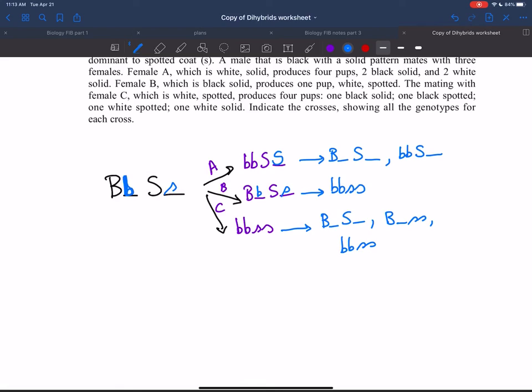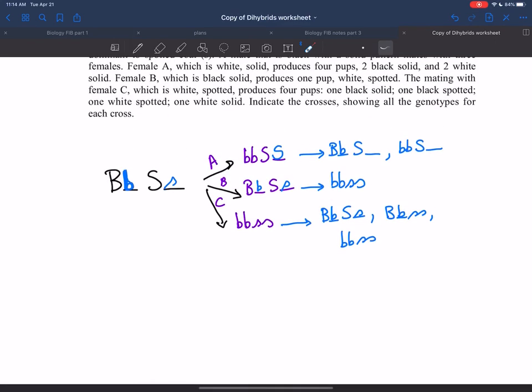Now this one, if mom has the big B, the little b, that's the only thing she can give the offspring. And so I'm going to put that. And the other one, I don't know, so I'm just going to leave it blank. And then here for this one as well, since mom has this and this, what I do know is they got that from mom. And so I can fill those out. The only ones I can't be sure about are these two. If you wanted to, you could make them homozygous or heterozygous for it, but we're just going to leave it blank. Okay, and that's it for the